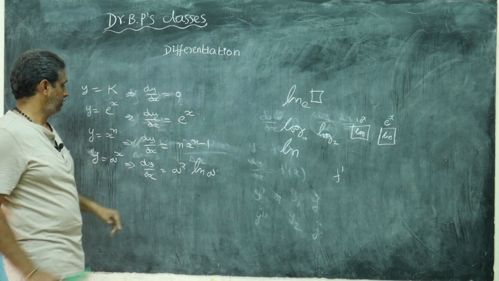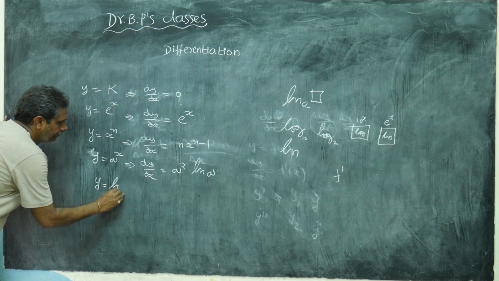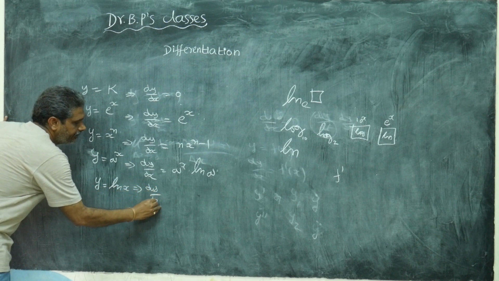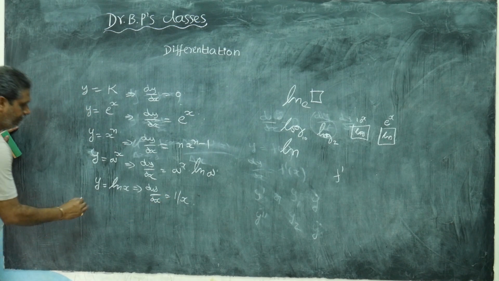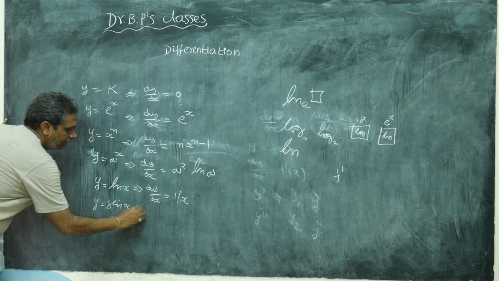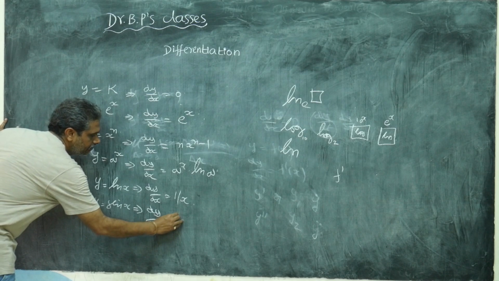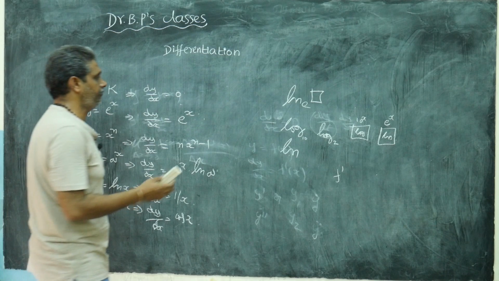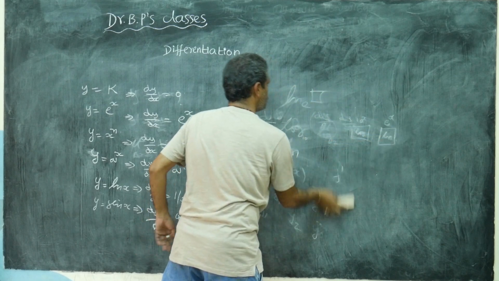Getting or not? Then y is equal to log x implies dy by dx is equal to what you will get? 1 by x. Then y is equal to sin x implies dy by dx is equal to what you will get? Cos x. In differentiation, one thing you can remember, in trigonometric functions, circular functions, any term starting with c